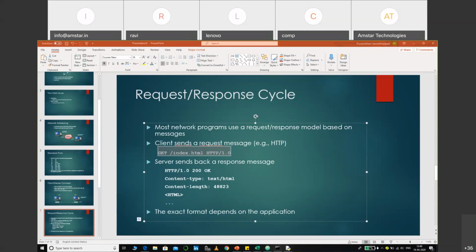Anyway, the client sends a request message in the form of HTTP. Remember, HTTP is a hypertext transfer protocol. All the instructions are sent as hypertext. The server is going to accept that request, understand what is there in the request,